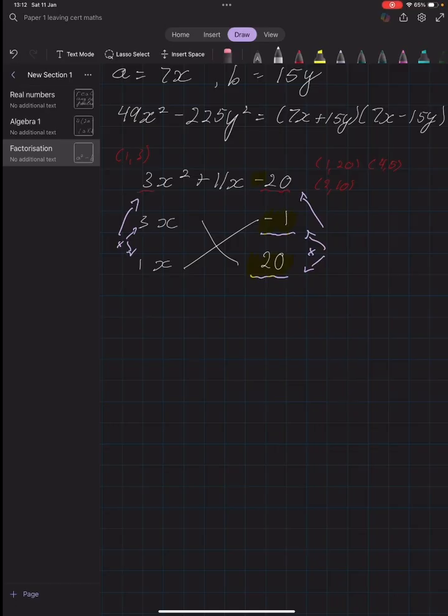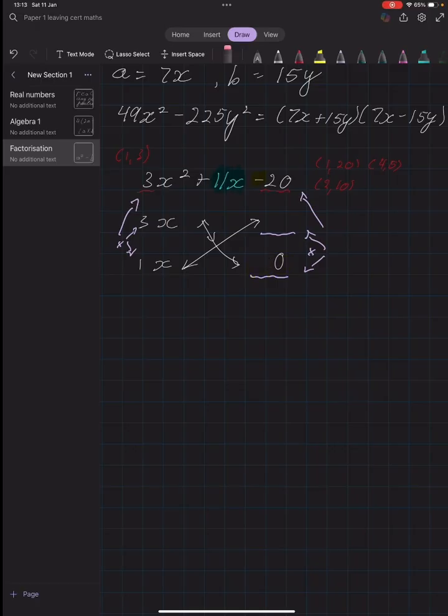You do 3x multiplied by 20, that's why these arrows are here. So you're multiplying that number by that number, and this number by this number. So I can do 20 multiplied by 3x is 60x. 1x multiplied by minus 1 is minus 1x. 60x minus x is 59x. And see here, we have 11x. So when you add those two things, you need to get 11x. Here we get 59, so it's not